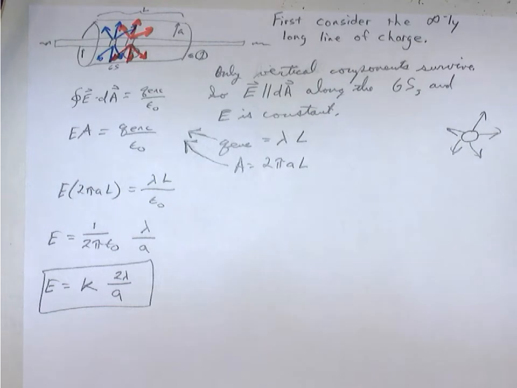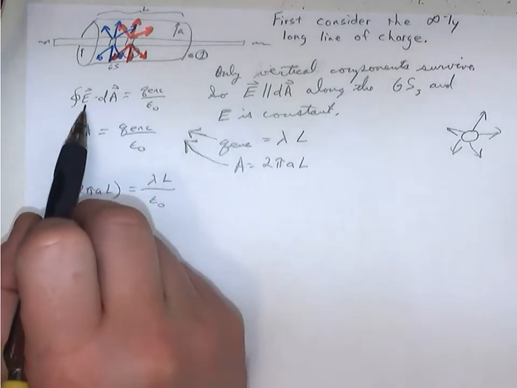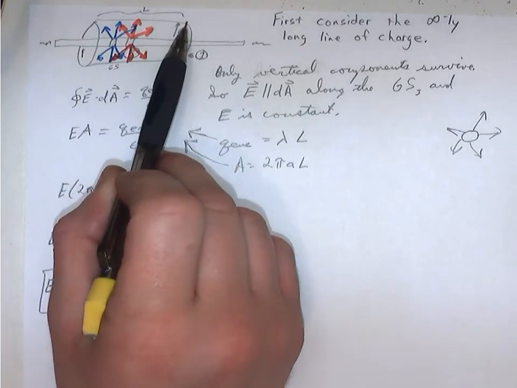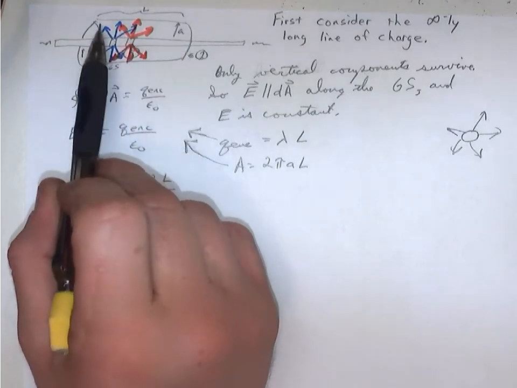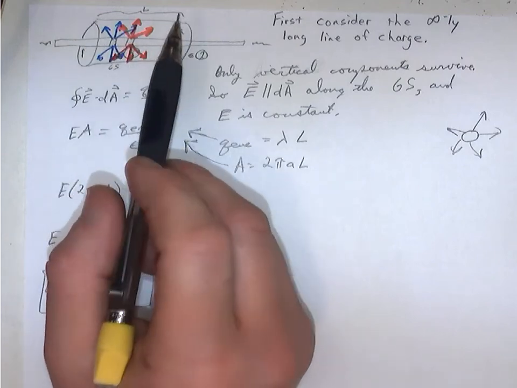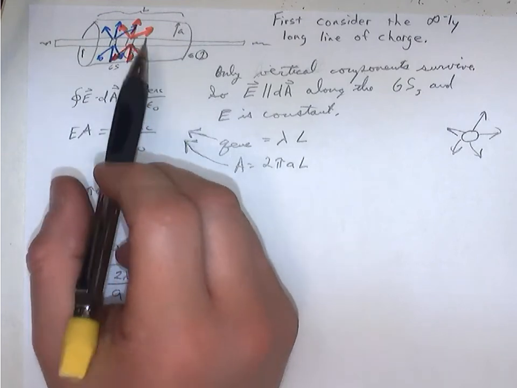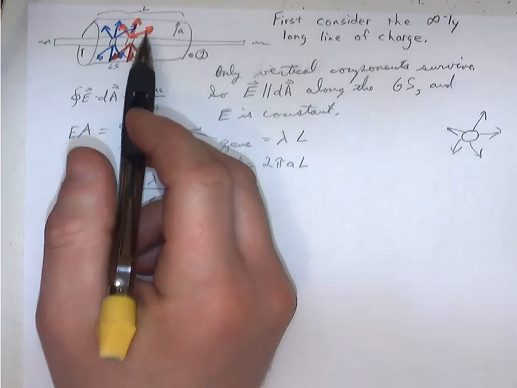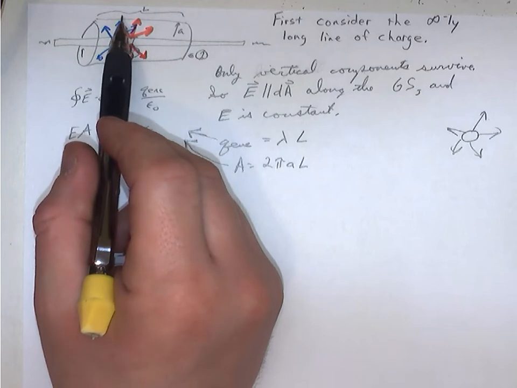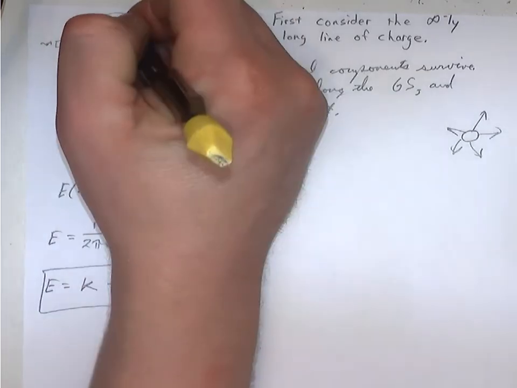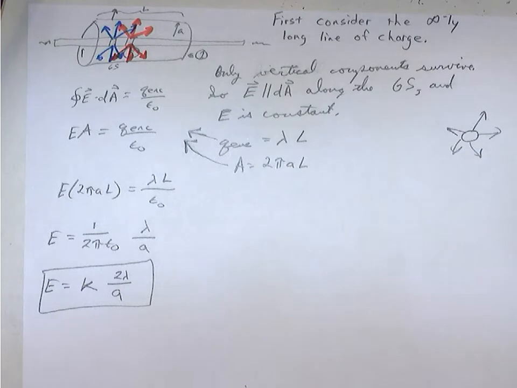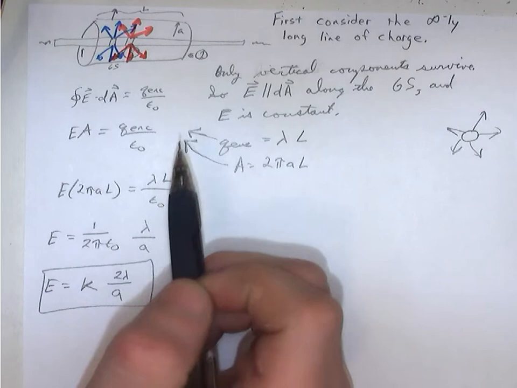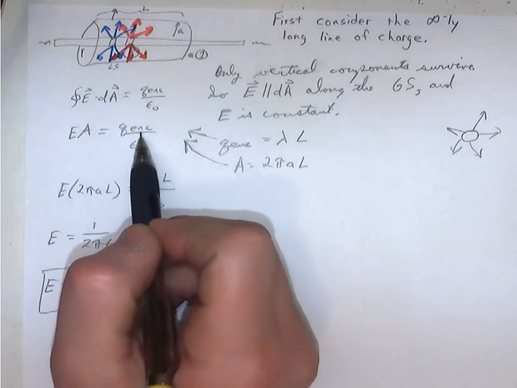radially. Okay, so look at Gauss's law, E dot dA. Because the electric field is constant along this side of the cylinder, you're a fixed distance away from all the charge, so you would expect the electric field to be constant, and there's only that component away from the line of charge, so the electric field is always going to be parallel to the area normal vector. Remember, the area normal vector is normal to the surface at all locations. So I can simplify this integral as just E times A, and by Gauss's law, that equals Q enclosed over